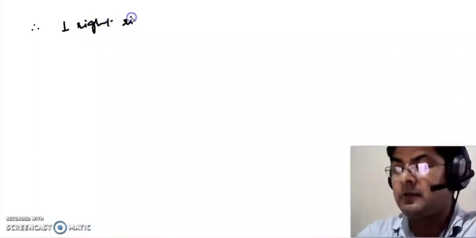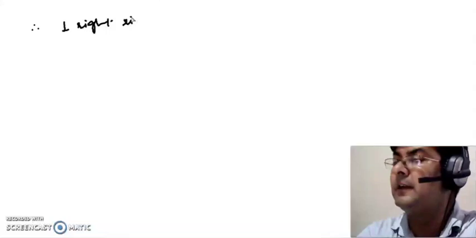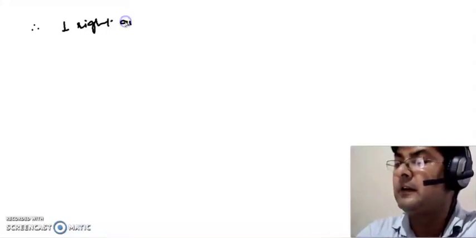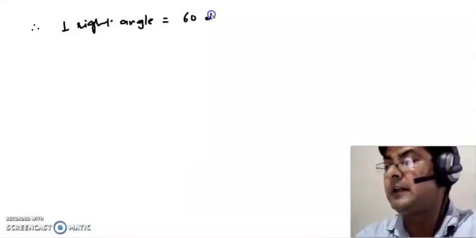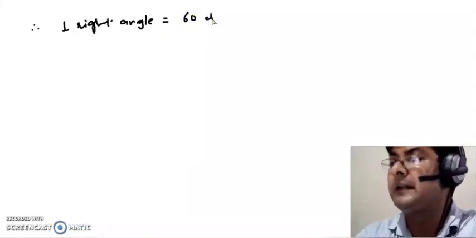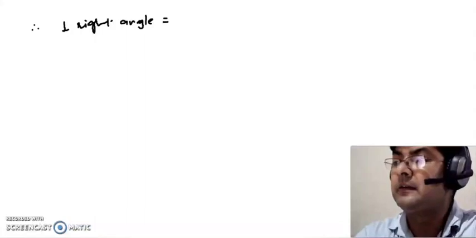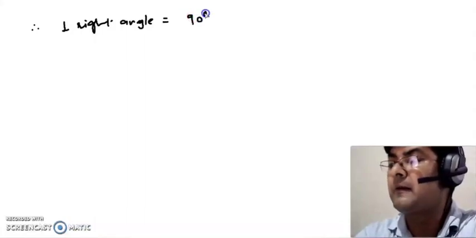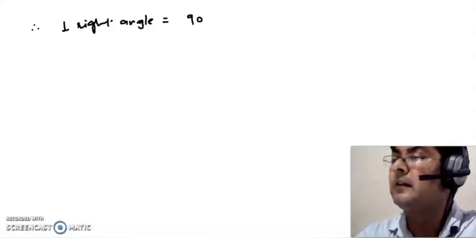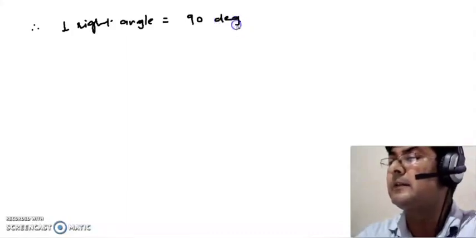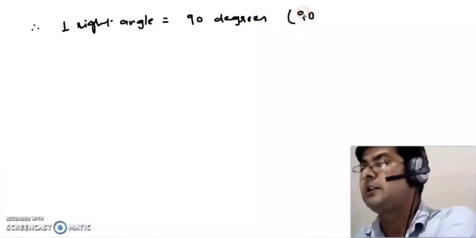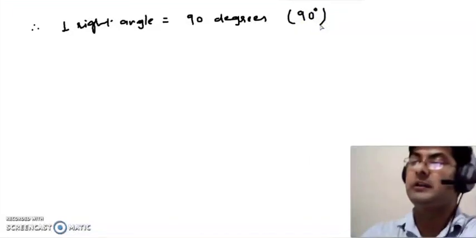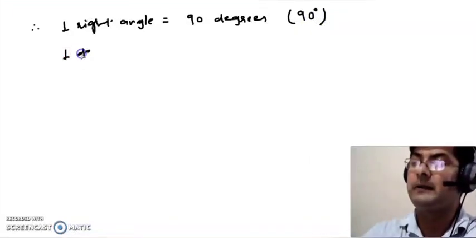Summary. We have one right angle contains 90 degrees. Okay, 90 degrees, symbolically like this we'll write. Okay, then 1 degree